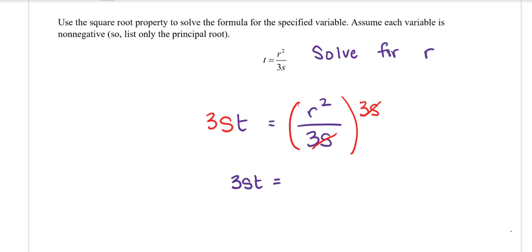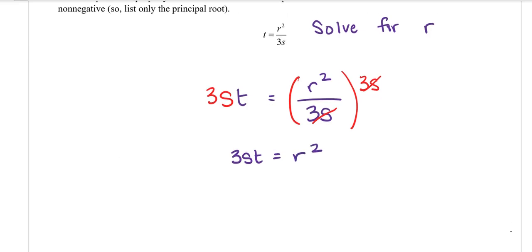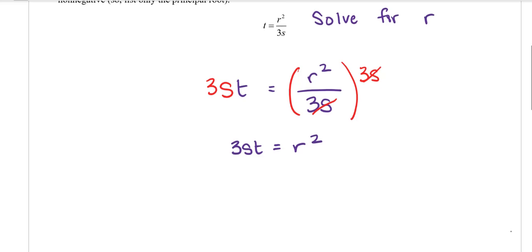3st equals r squared. So we've got an expression squared equal to another expression, so we can apply the square root property. So if r squared equals 3st, and if you want to flip that around, you can, r squared equals 3st, then that means r equals plus or minus the square root of